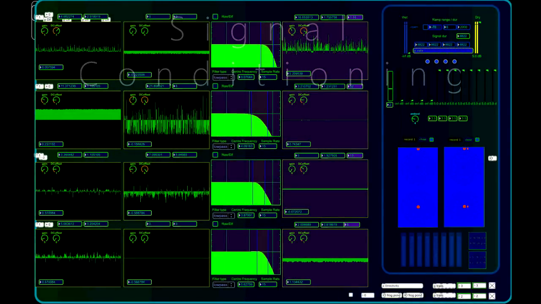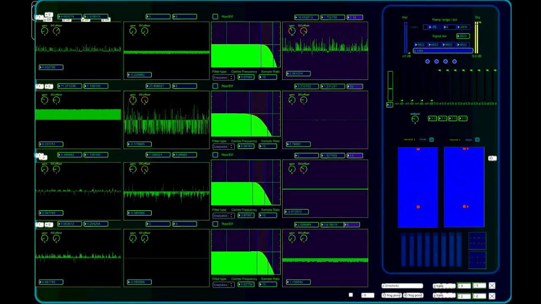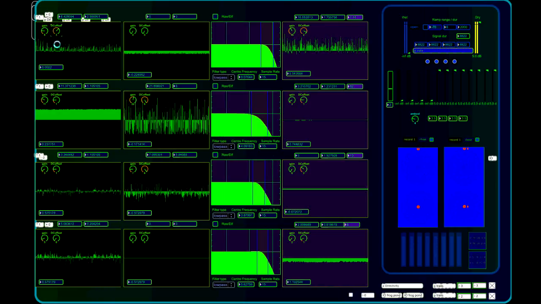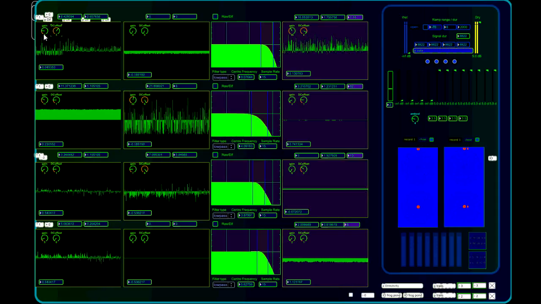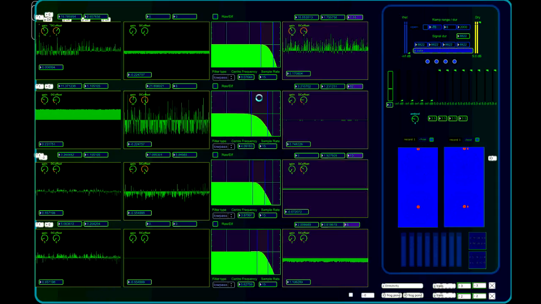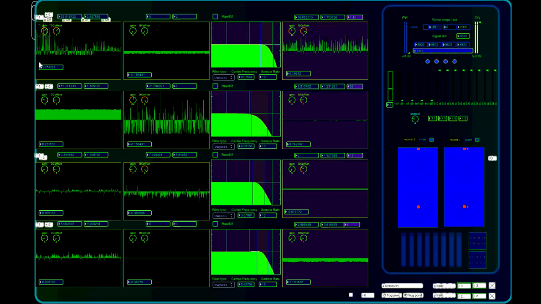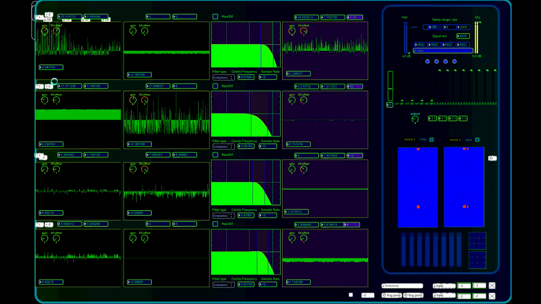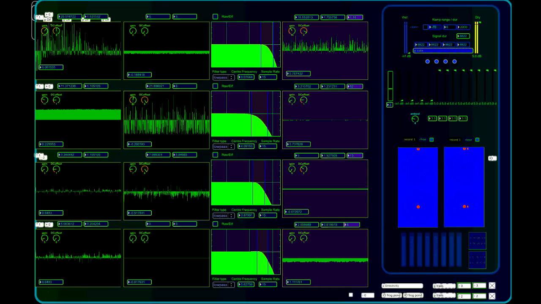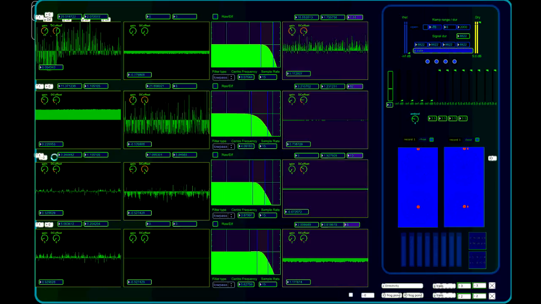So this is the signal conditioning software, or an example of the signal conditioning software that I've made in Max MSP. Here you can see the raw signal coming in, and as you can see, it's quite noisy. I have two little controls here. One of them's the gain, so I can just make that signal louder. And the other one's the DC offset, or basically it allows me to center the signal in the middle, so